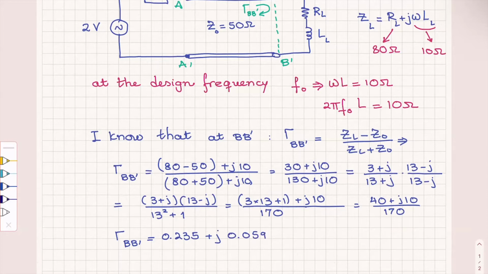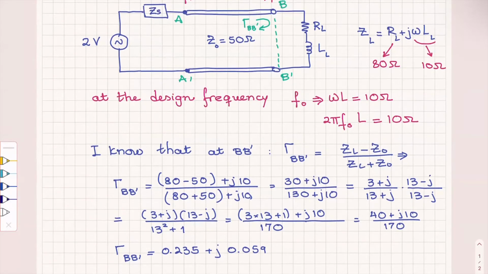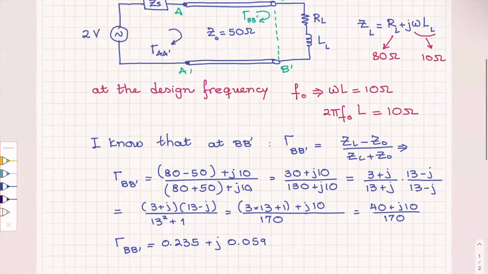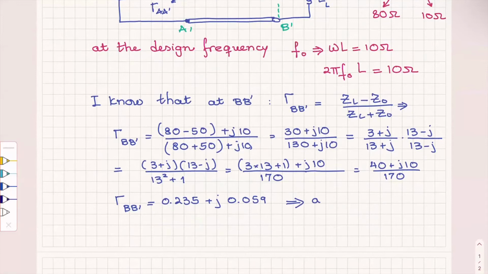So practically I have a strong reflection at B prime, which means that if this reflection comes back, and my reflection at this point, gamma A prime, with respect to Z S is very high, I'm not going to have the maximum power go from the 50 ohms to R sub L. I will say that statement and then I will prove it to you: that implies that I have a mismatch